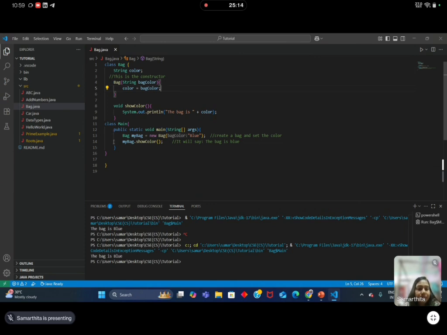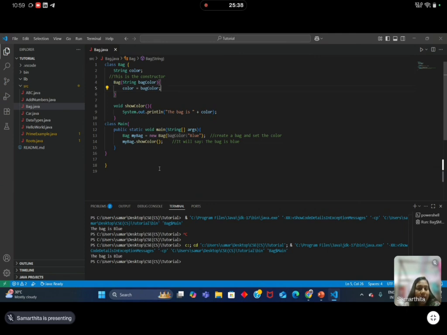Okay, and then Bag myBag equals new Bag. You are creating an object of the Bag class, and then the constructor sets the color, equal to blue, inside that object. Okay, and myBag is now a reference to that object.